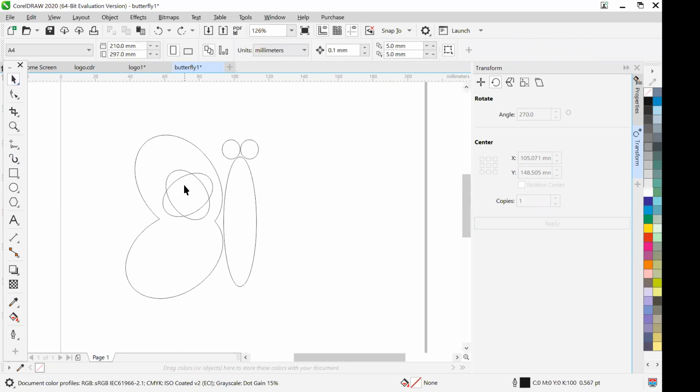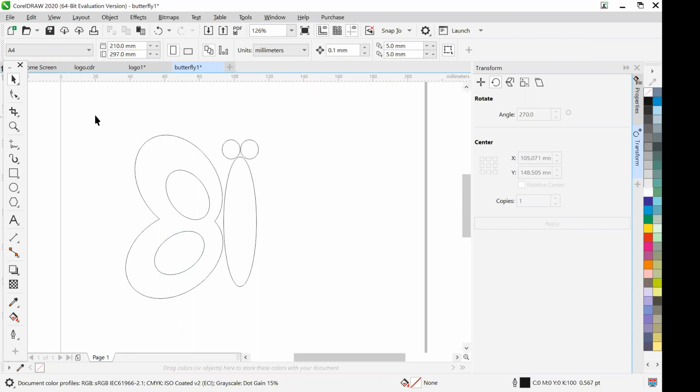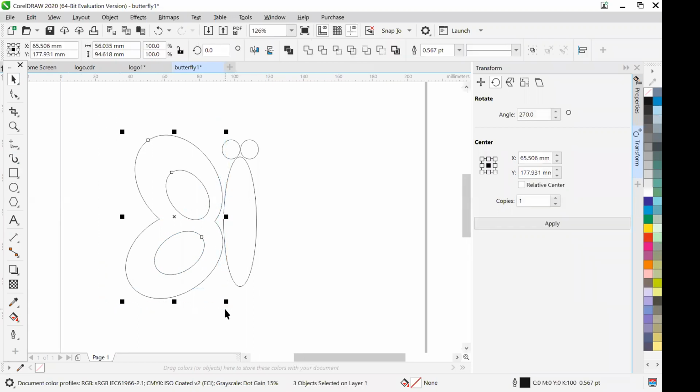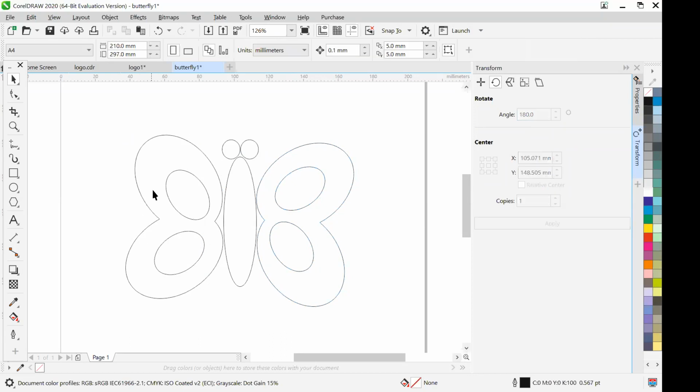Pick the tool if you want to drag it. Now see here, one side of the butterfly is ready. Within 10 minutes, I think I will be able to draw this butterfly. Now I'm going to create its copy. And we don't want to make it 270 degrees. Let me make it at 180 degrees. One copy of it. Very good. Now simply move it, leave it, and we will color it.